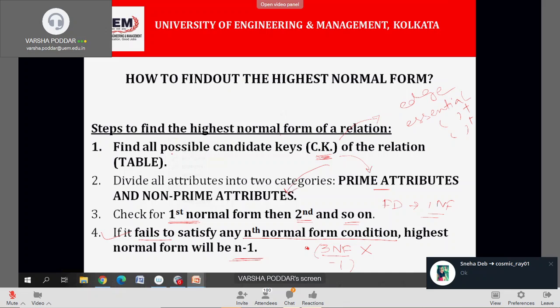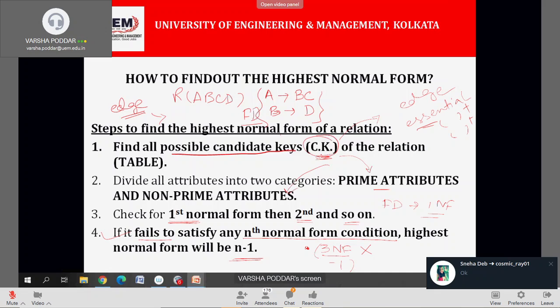First, I will be finding out all possible candidate keys in my table. So, if a relation is given, suppose R(A, B, C, D), and some random FDs I am just considering on my own. Suppose these two FDs are given, that means this is my FD set. Based on this, I will draw an edge diagram. If you have not attended the previous class, then you will not understand, but when I go to the example, you may understand. So I will draw the edge diagram, and from that I will find out the essential attributes. By finding the essential attributes, I will find the candidate keys. This is a type of problem we have already done.